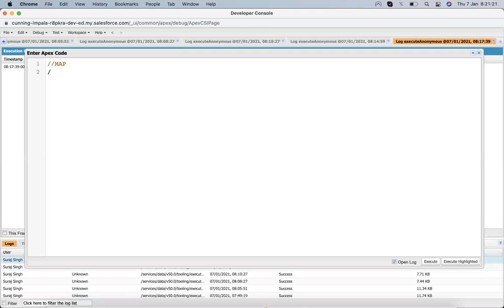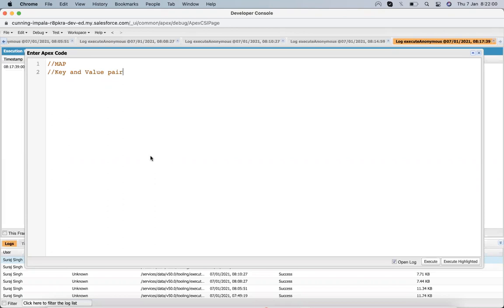Map is the most important part of this programming language inside Apex. You all know that a map contains two things: it works on a key and value pair. A map is not similar to a list or a set, because for accessing a value from a list we have an index, and for accessing a value from a set we can use a loop.